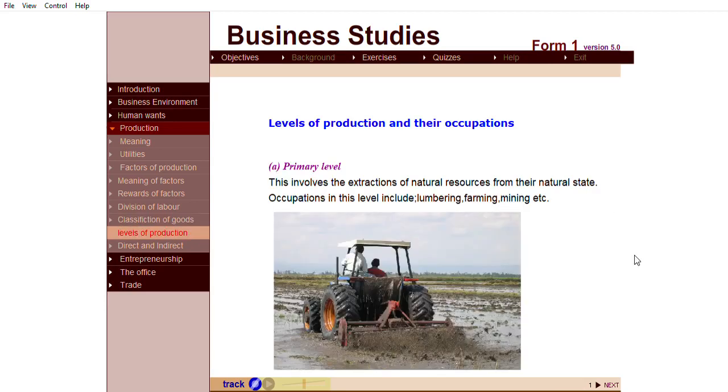Businesses can be formed at the various levels of production. Levels of production refer to the various stages at which the production is carried out. There are 3 levels of production, namely primary level,